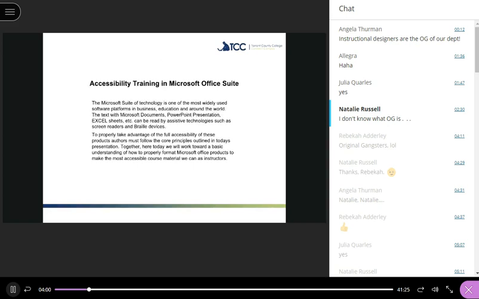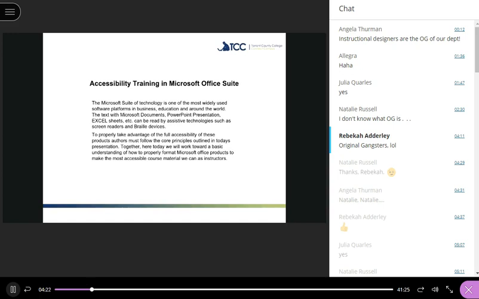One of the things that we are going to focus on today that is really important, and a really cool thing, is the Office suite in Microsoft. It has a ton of wonderful features that are really amazing.